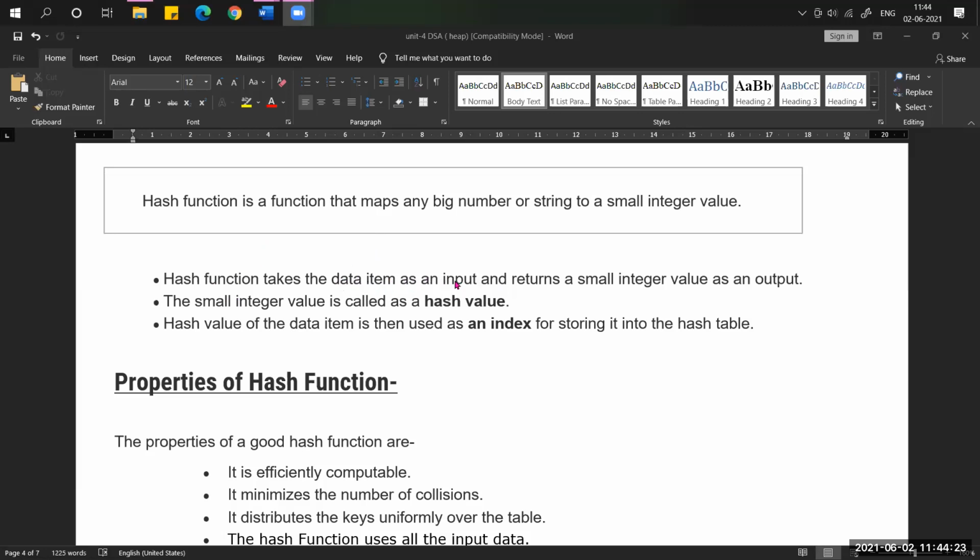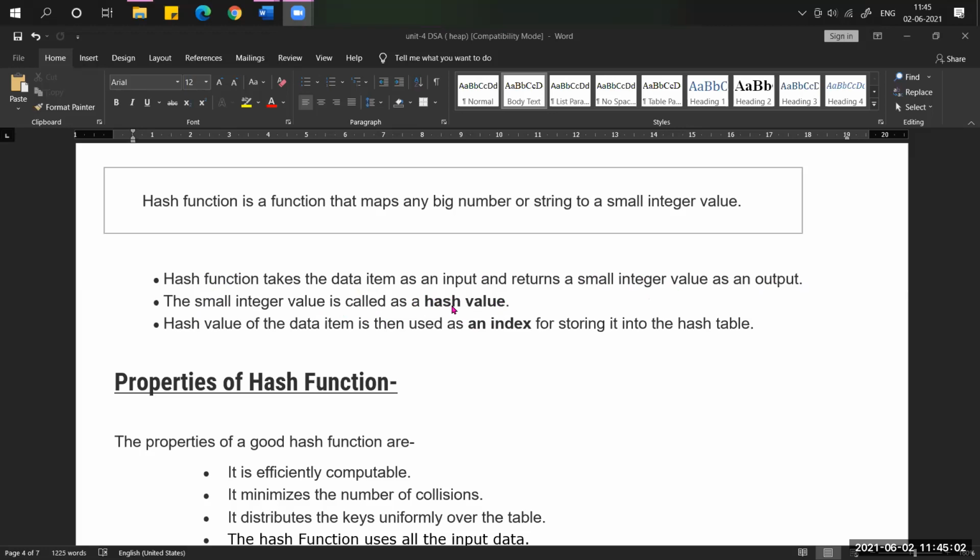So the input is whatever value or data item we want to store in the table. It will take the data item as input, and it returns a small integer value as output. This small integer value is called the hash value, because we are getting it with the help of the hash function which we selected.